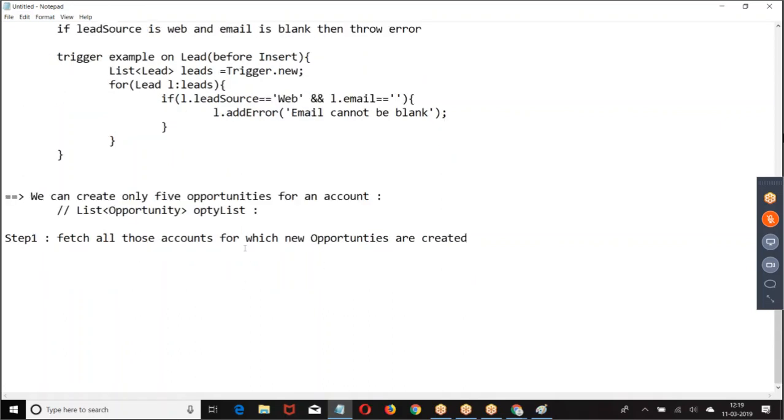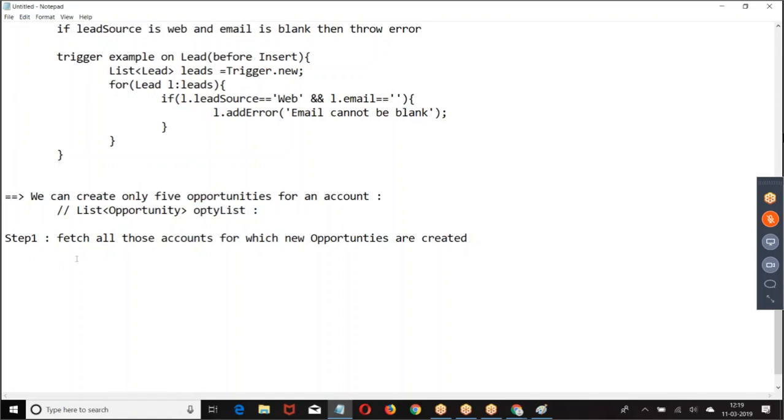So what are the list of opportunities we have?